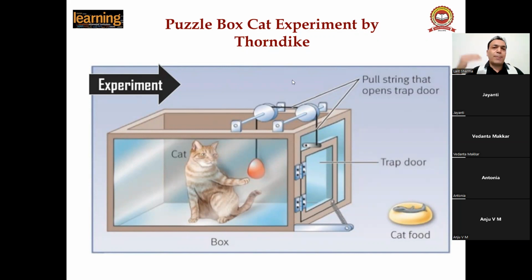You know what happens when the trials go on increasing? The cat was taking less time to come out of the cage. And ultimately in the sixth, seventh or eighth experiment, the cat was fully trained. The moment he placed the fish inside the puzzle box, the cat immediately opened the lever, came out of the puzzle box and got the reward. So guys, what do we have to learn from that experiment?